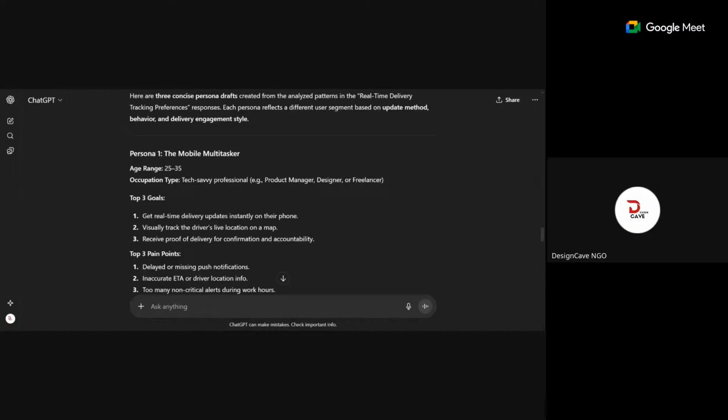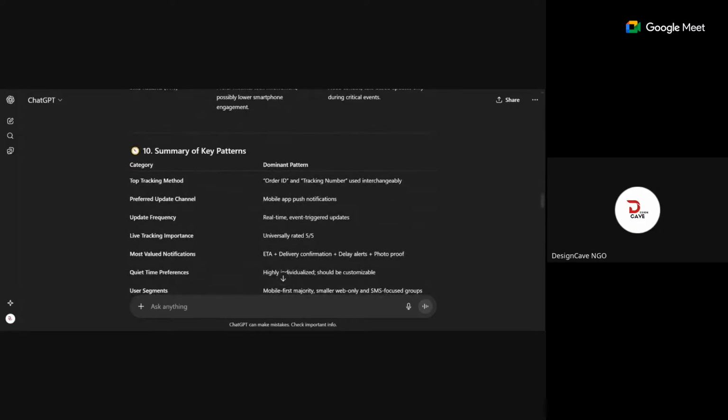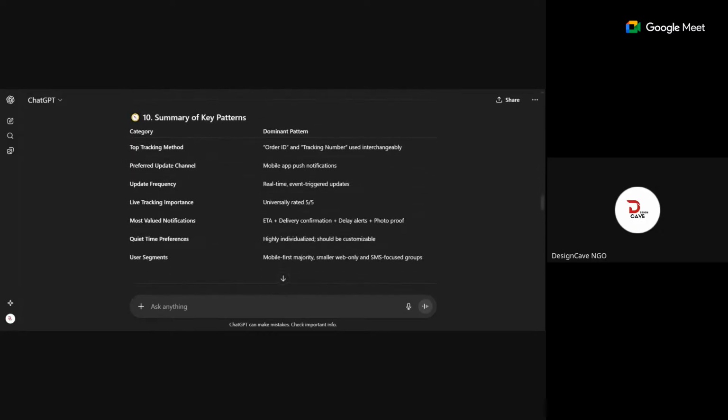Then after it has grouped them, you can go to your FigJam. You get? Then name it one by one. You can see the way it named mine for me. If I'll be doing this in my FigJam, the first one will be tracking method, preferred updates channel, updates frequency, and so on.